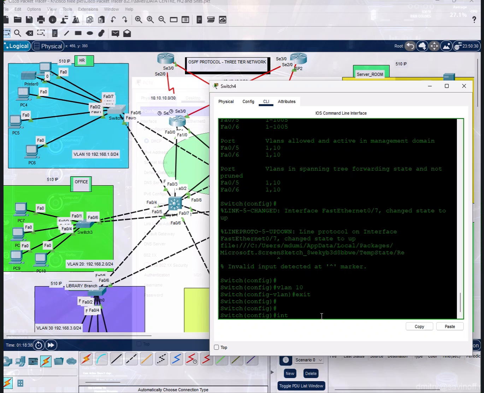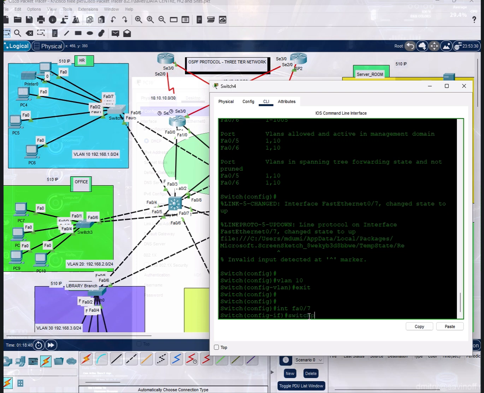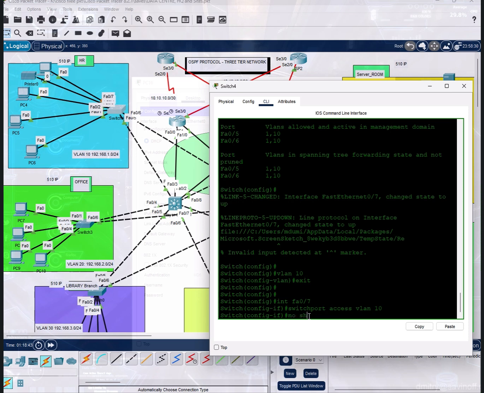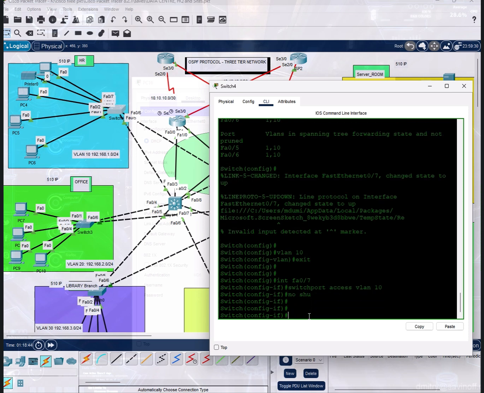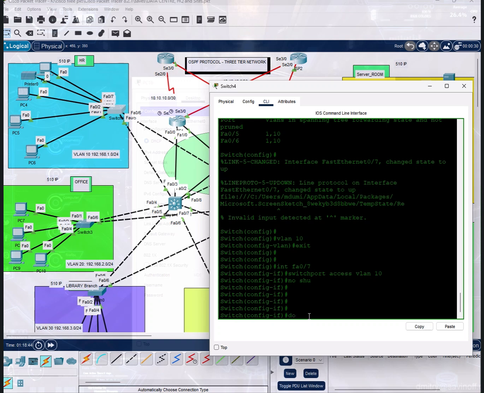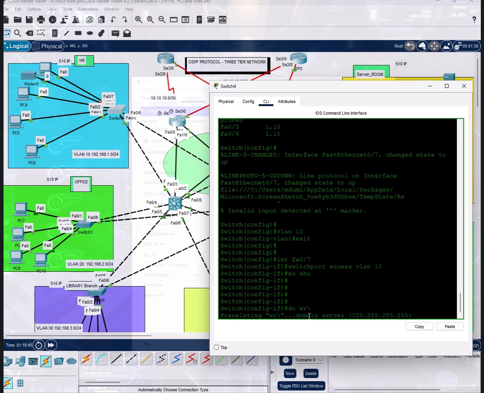I can just select the interface itself. I will have to say interface fast0/7, and then I'll say switchport mode, or I can just say switchport access vlan 10. Right, no shutdown. I know the interface is already up, but now let's see what's gonna happen if we try to